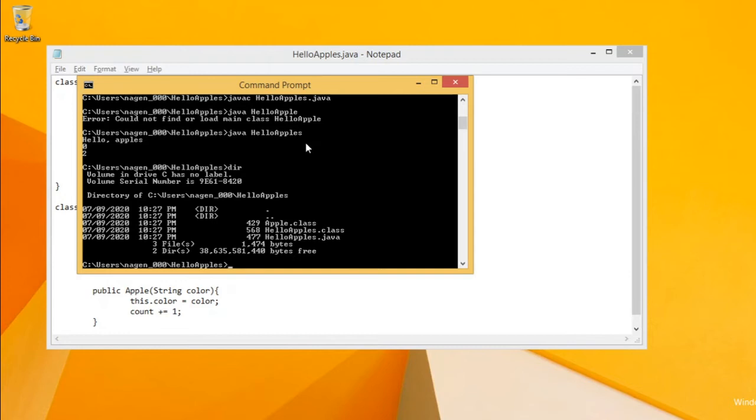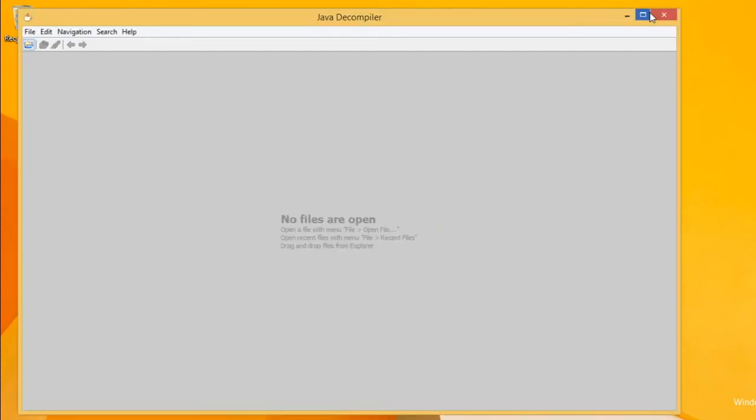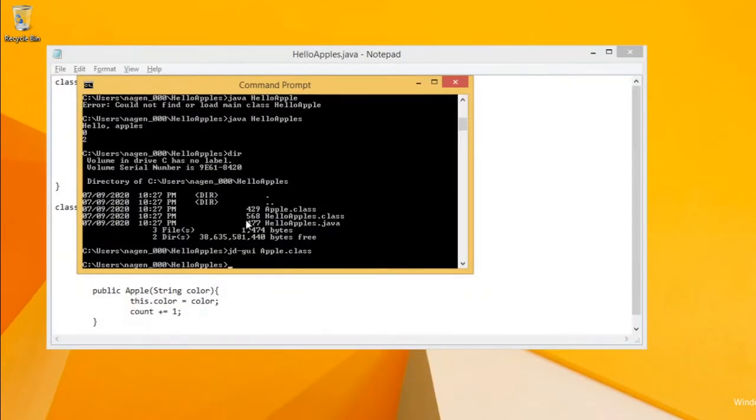So we are interested in apple dot class. I think it doesn't give the correct path.